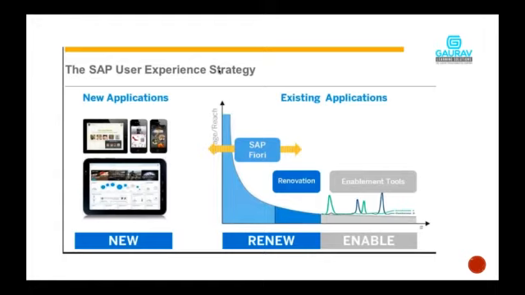So in SAP Fiori, you will find some apps which were never available in SAP ECC. For example, we discussed analytical reports, the graphical charts and all those things. They were never available in SAP ECC. So those things are completely new. There are some things which are renew. Renew means they are already available in ECC, but now a new screen is provided. So for example, you can create a GL in ECC also. Now you can create it in SAP Fiori. So that is renew.